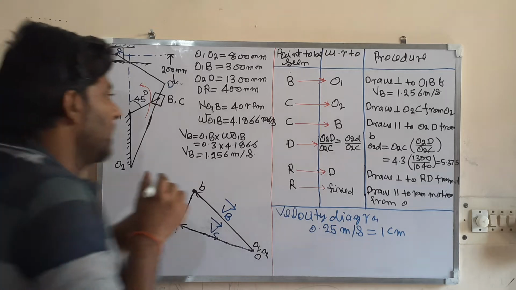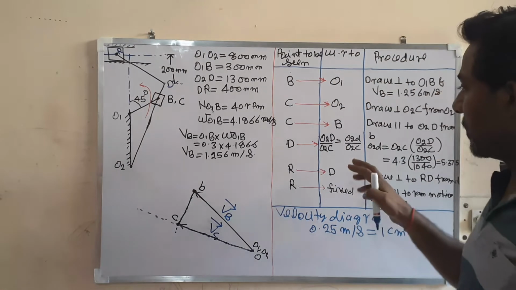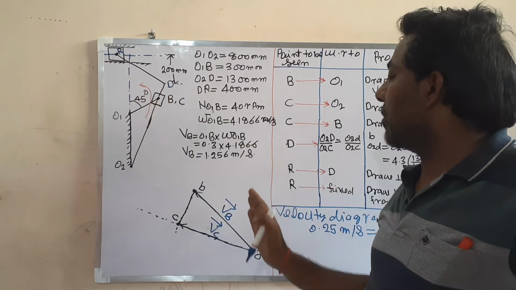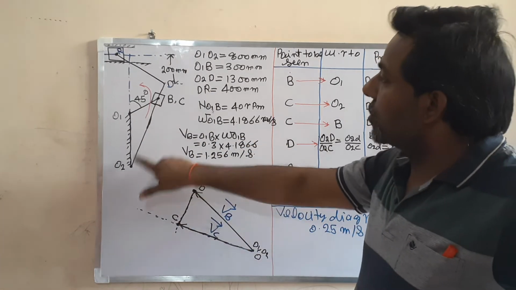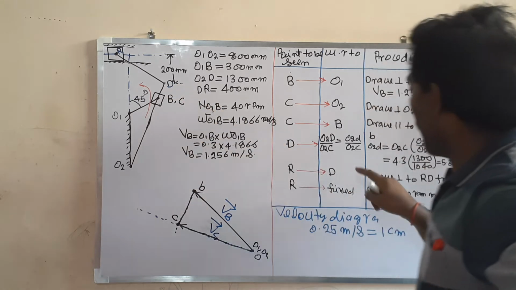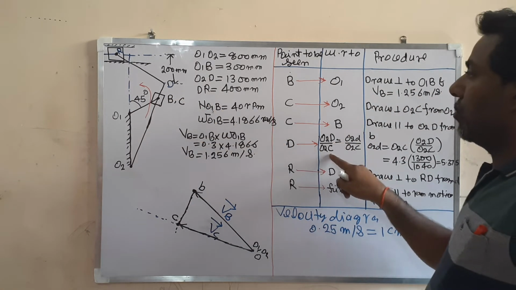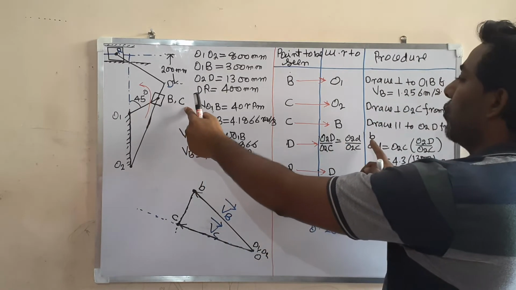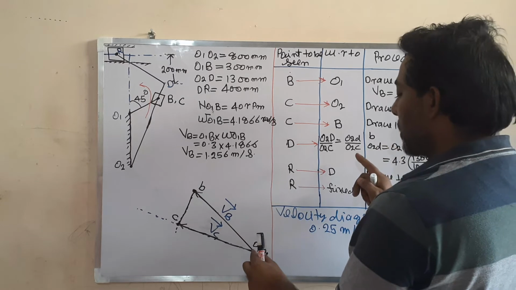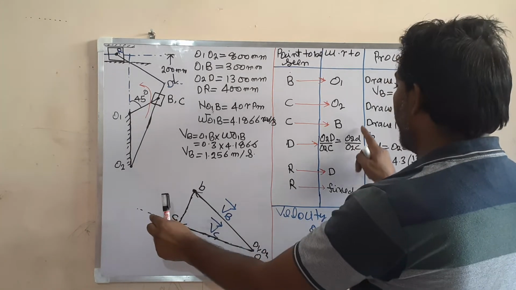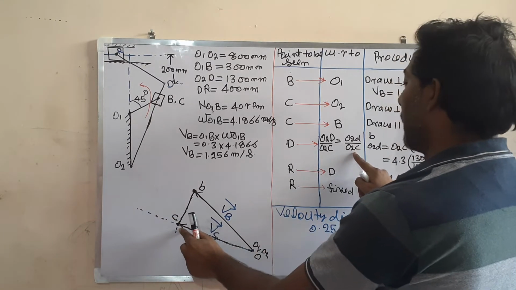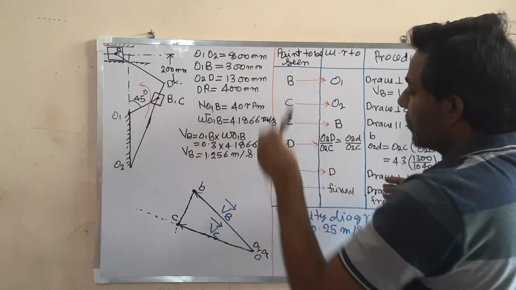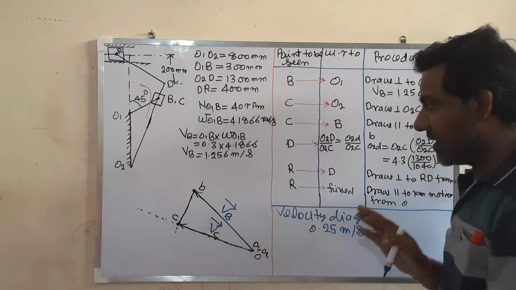So how to get it? You just apply the relative formula. What is on the configuration diagram is equal to what on the velocity diagram. So this is O2D divided by O2B, this is O2D divided by C on the slotted bar. So O2C is equal to what in the same velocity diagram? Suppose this is D. So this O2D divided by this O2C. Whatever ratio you take in the configuration diagram, a similar ratio you have to take for the velocity diagram.